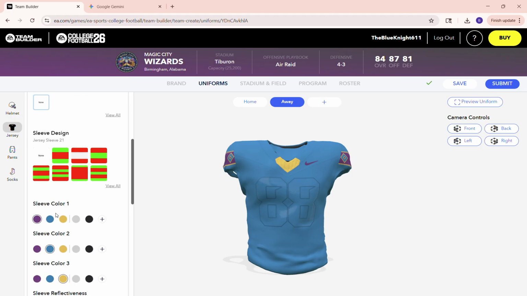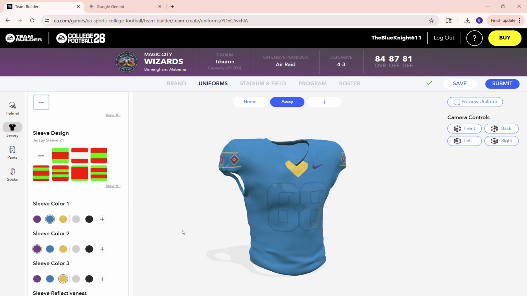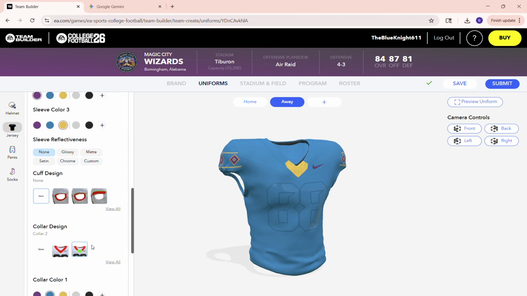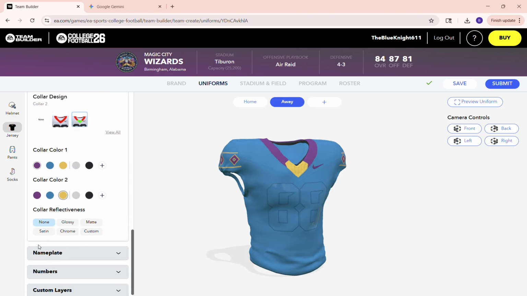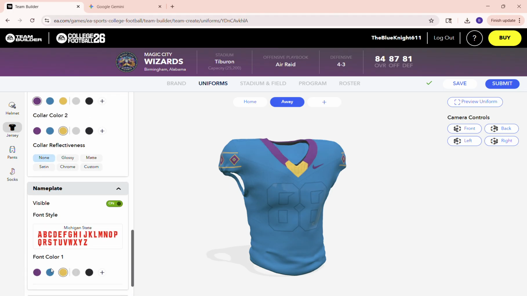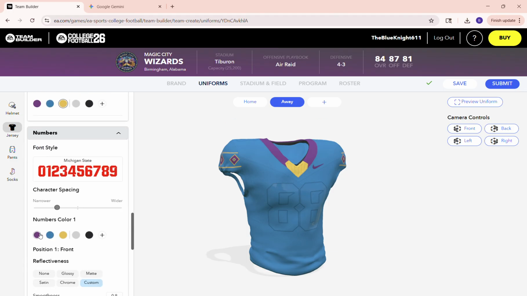Sleeve color, that blue, and then change that to purple. It doesn't look too bad. Take that, change that to purple. Wait, let's see what that looks like. No, just keep it like that. Nameplate, keep that yellow, yeah. Numbers, change that to purple